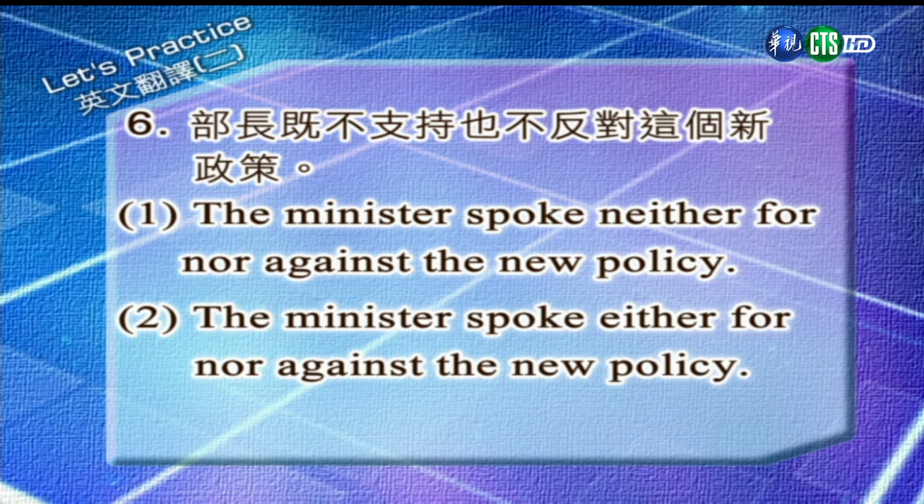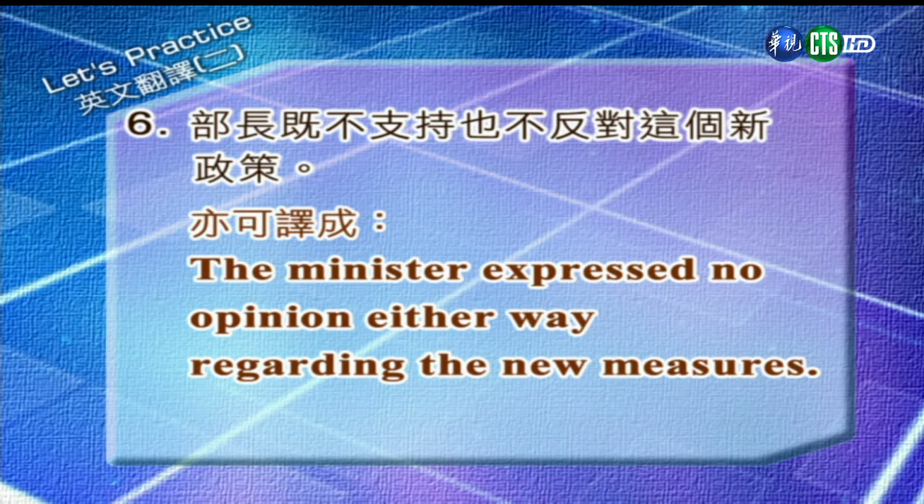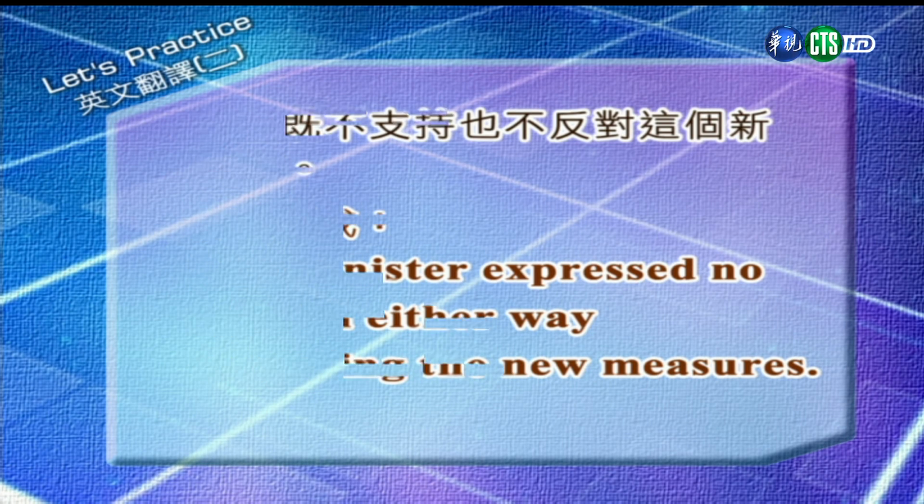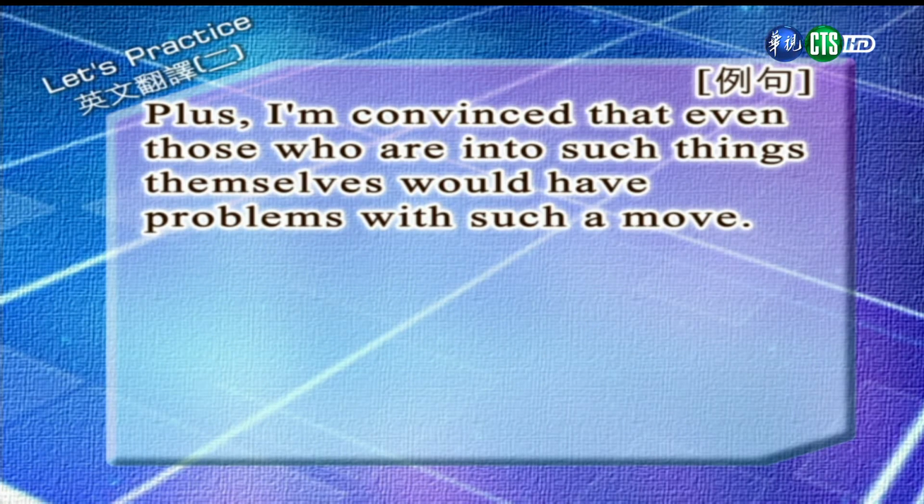The minister spoke either for nor against the new policy. 看哪个错了？第二个错，刚刚我们讲是 neither nor 两个都不哈。那我们另外翻翻看。The minister expressed no opinion either way regarding the new measures. 好，既然他不赞成也不支持，所以我们说 no opinion，他没有意见。这个 new measures 就是 new policy 的意思。例句 Plus, I'm convinced that even those who are into such things themselves would have problems with